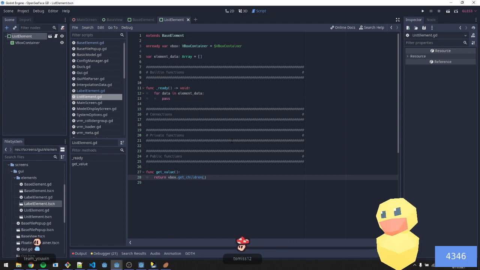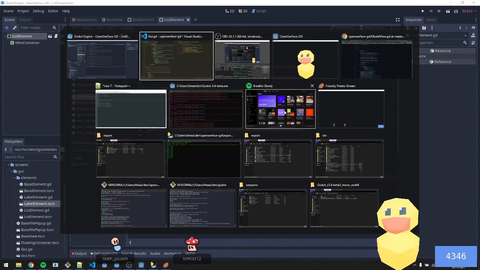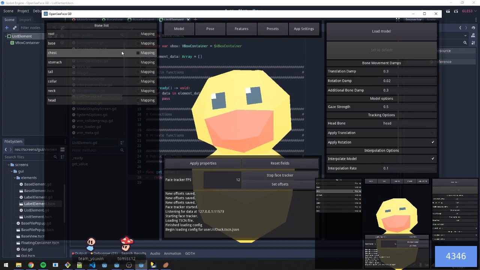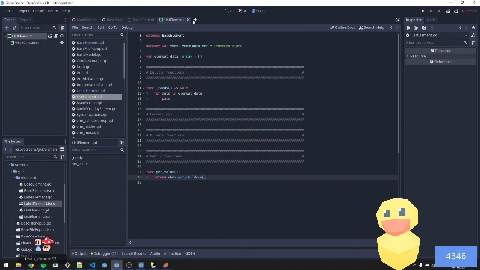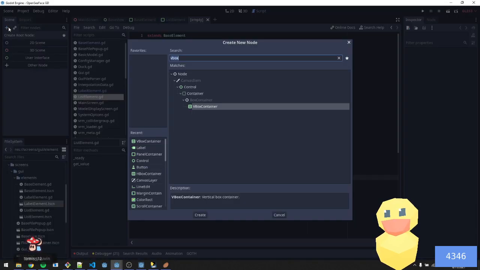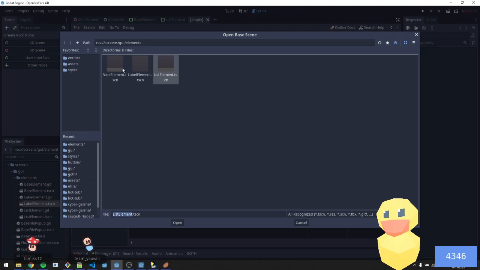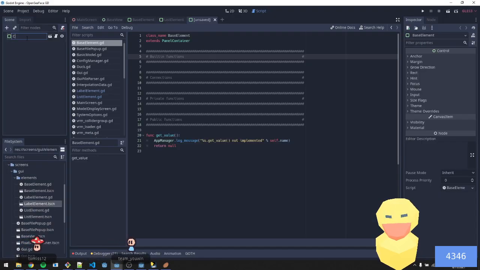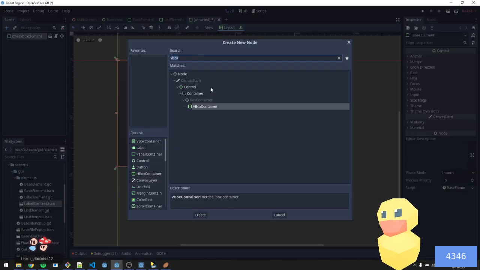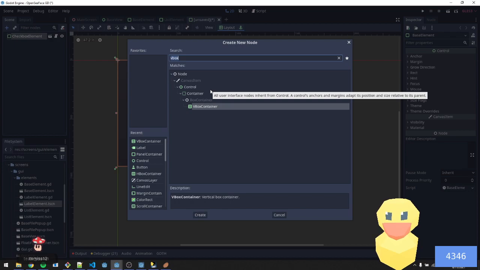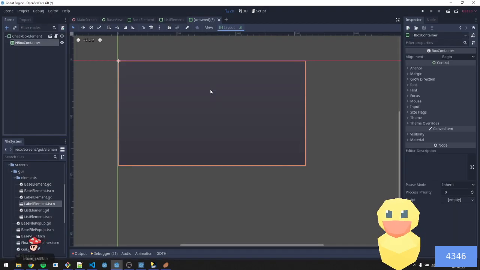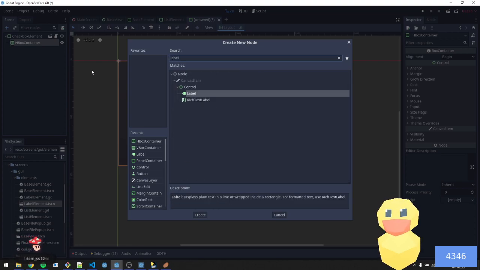Yeah, I guess that would make sense. And then these, it would, yeah. Let's construct the next element really quick. So we'll do base element. We'll call this the checkbox element, right? And I guess you can probably guess what's inside of the checkbox element. And haha, I tricked you. It's actually an hbox first, and then a label,